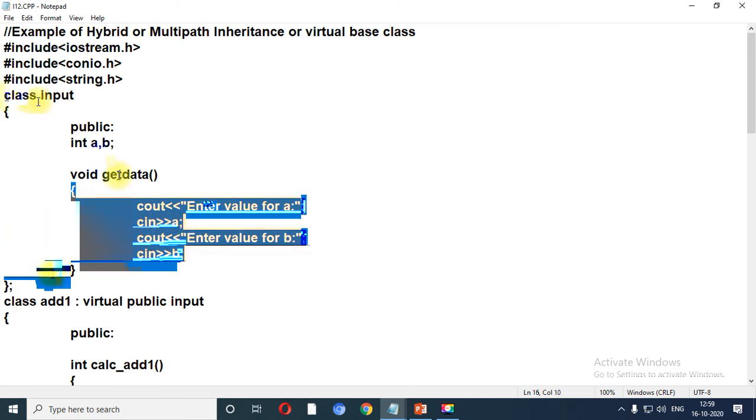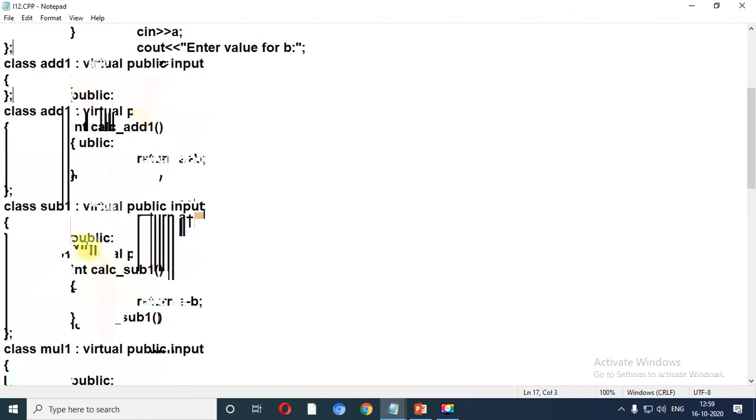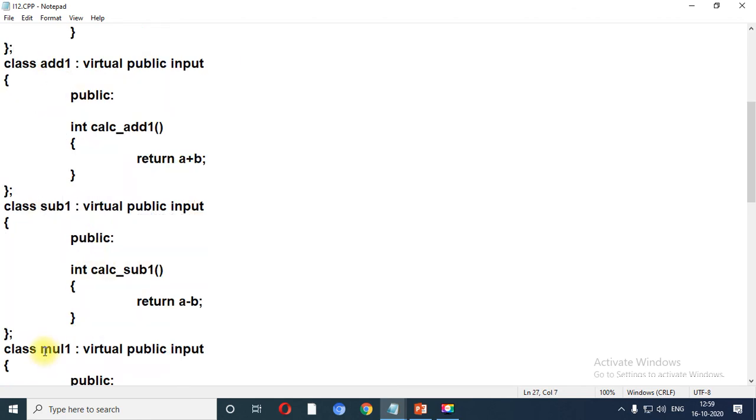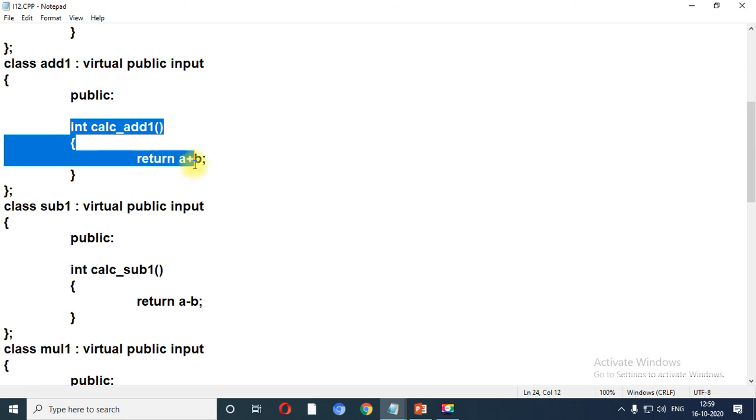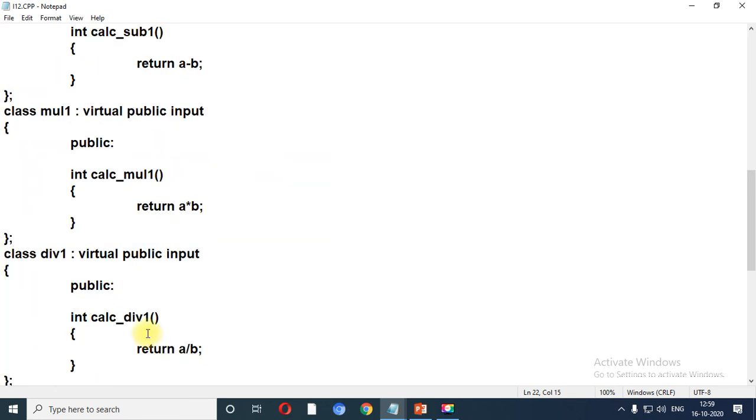First of all, write class input, then create four different classes, that is addition 1, subtraction 1, multiplication 1 and division 1, which contain a virtual copy of public class input. In that we have written one method which returns a value but does not have any argument. So this is a UDF, no argument with return. Four classes you need to take with the virtual keyword.